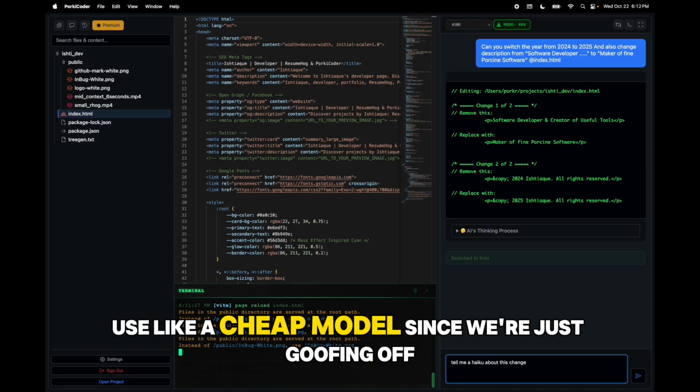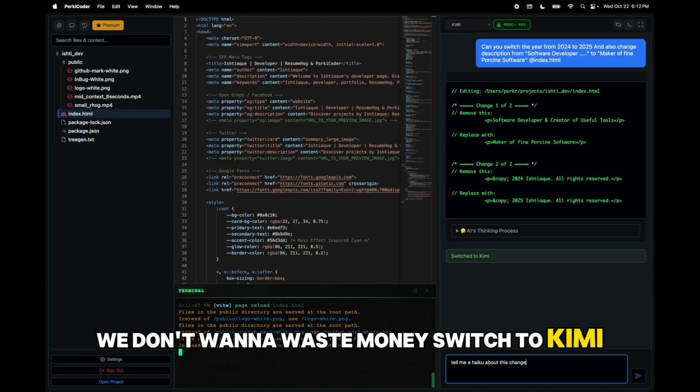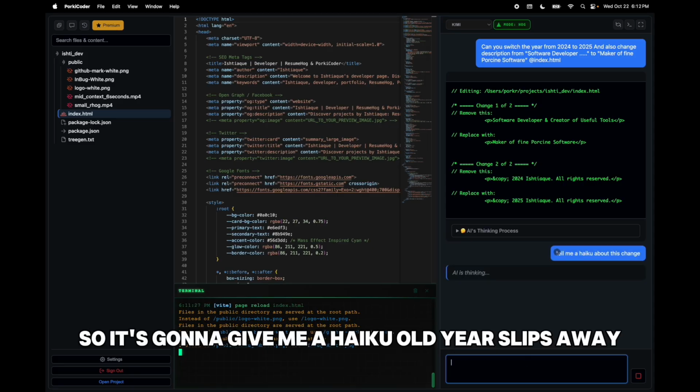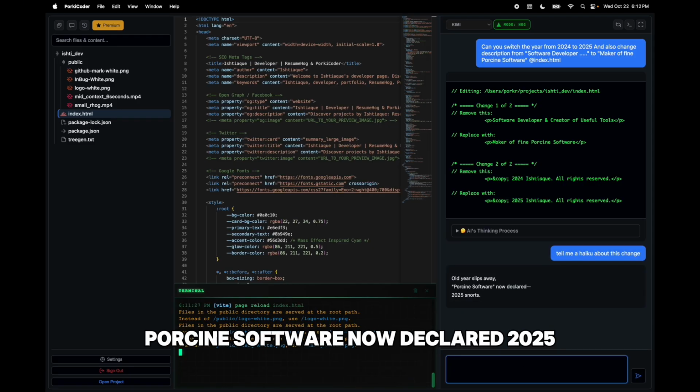Let's use like a cheap model since we're just goofing off. We don't want to waste money. Switch to Kimi, which is insanely cheap. So it's going to give me a haiku. Old year slips away. Porcine software now declared